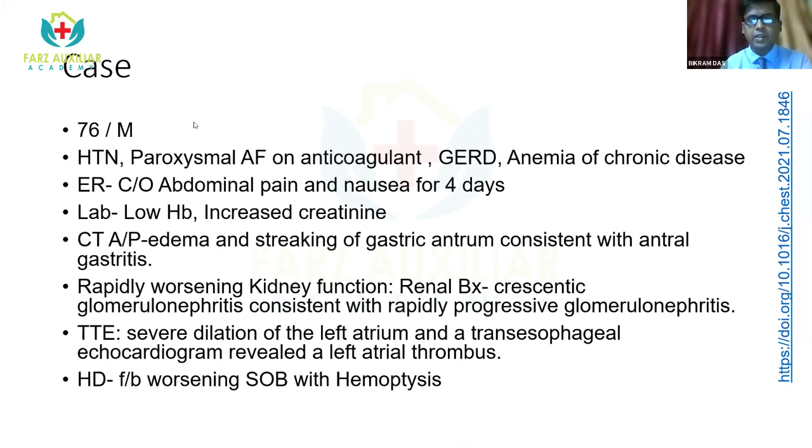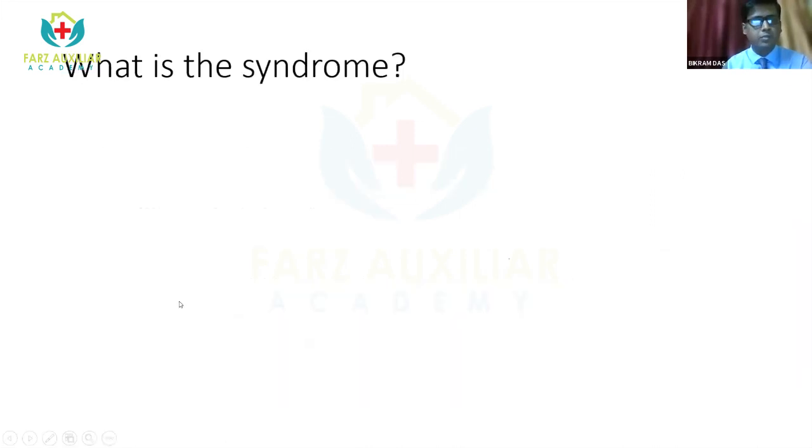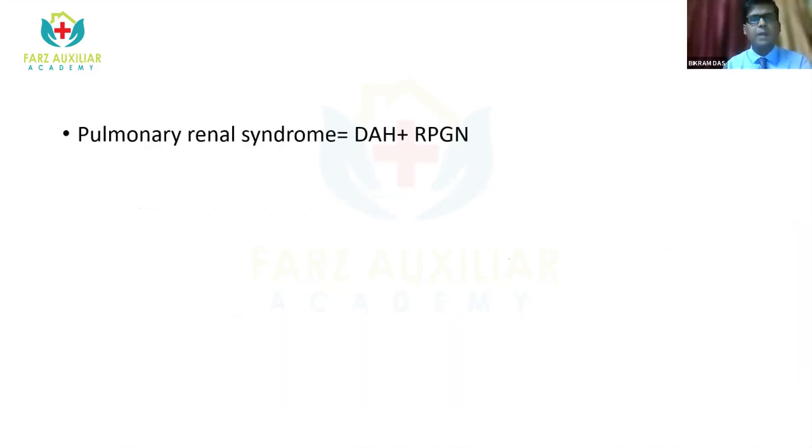Okay, so I got some responses in the chat box: Goodpasture syndrome, Wegener. Okay, so whenever we approach a case like this, we should always think about which organs are involved. Here the pulmonary and renal systems are involved. There are a lot of diseases that can cause this pulmonary and renal syndrome. Yes, Goodpasture can cause it, Wegener's granulomatosis can cause it, but we will make it a syndrome and call it as a whole pulmonary renal syndrome. Then only the approach will be correct. So this is a pulmonary renal syndrome.